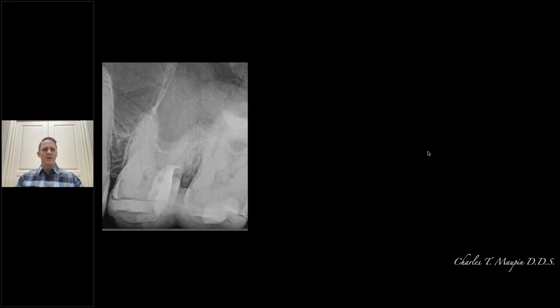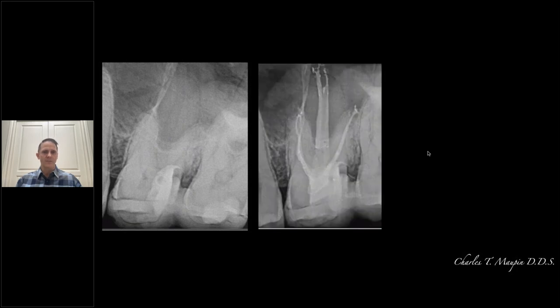Just everyday endo. This was the first patient of yesterday. Came in and had recent restorative done and crown preps done. And again, same story as that other lady. Miserable weekend, just excruciating pain, popping the Advil, couldn't get the pain under control. This was the first case from yesterday.